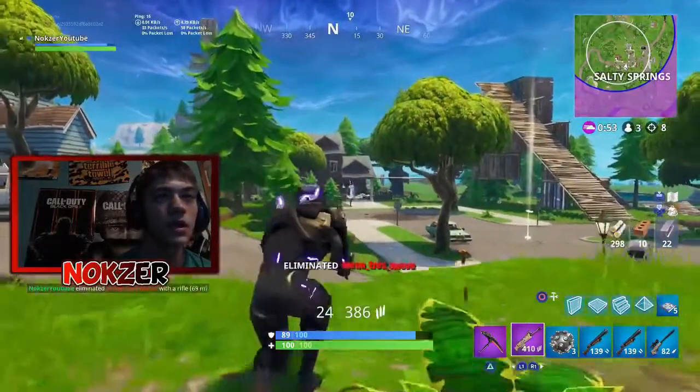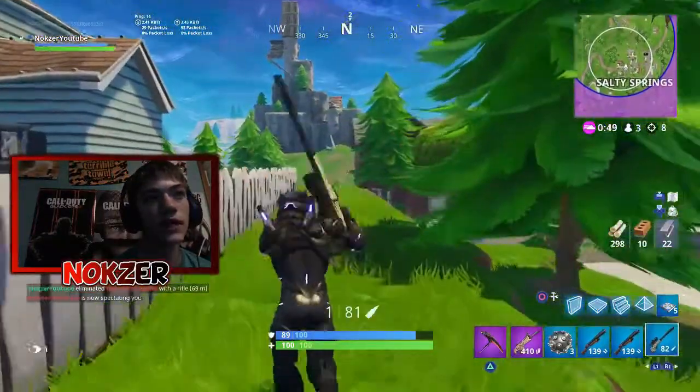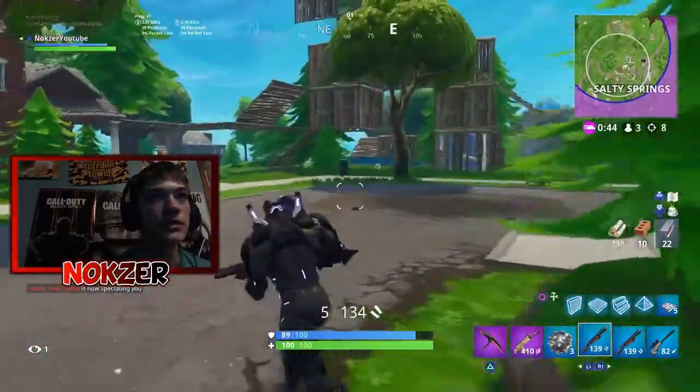See? Just move the sniper along with him and put it just enough ahead of him. Obviously it does take practice, as I said, but...